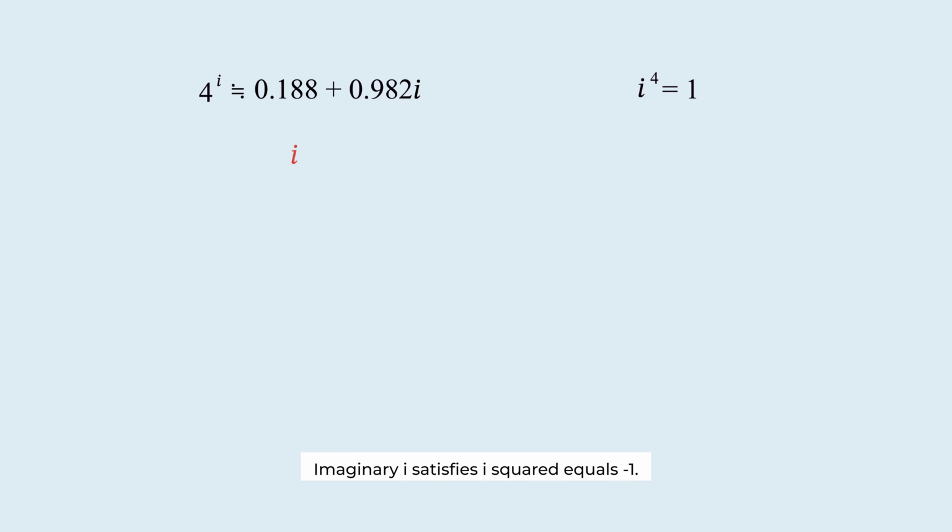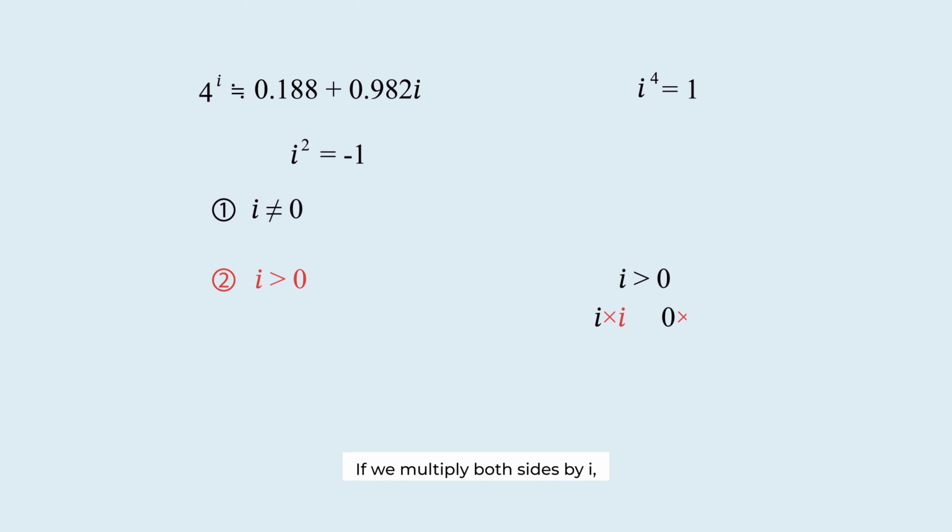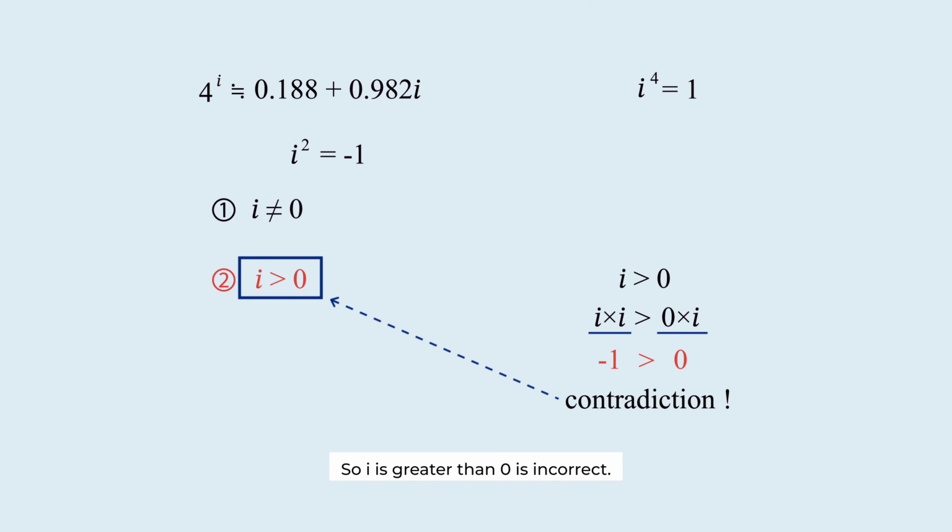Imaginary i satisfies i squared equals minus 1, so i is not 0, because if i were 0, then i squared would also be 0. Let's assume i is greater than 0. If we multiply both sides by i, the inequality stays the same, but the left-hand side becomes i squared, which is minus 1, while the right-hand side is 0. This implies that minus 1 is greater than 0, which is a contradiction,